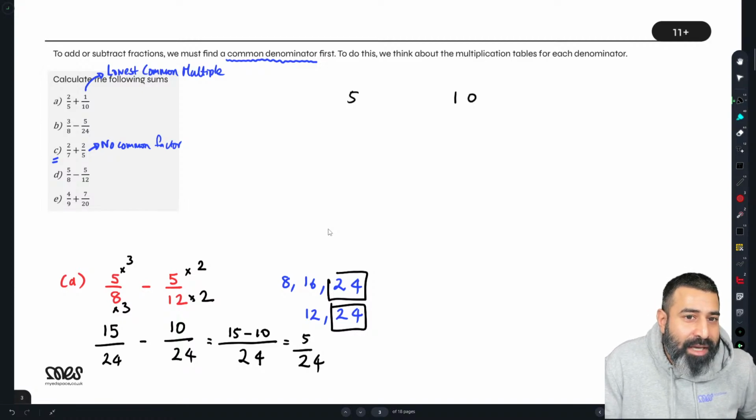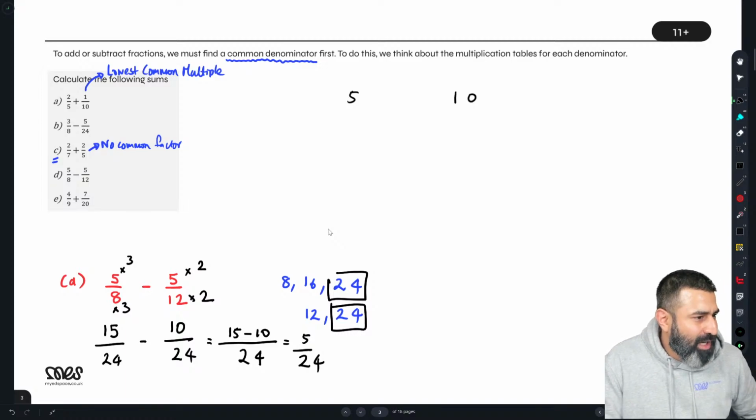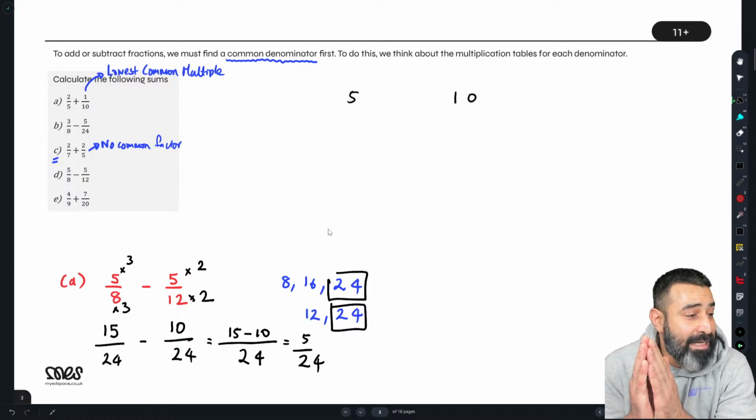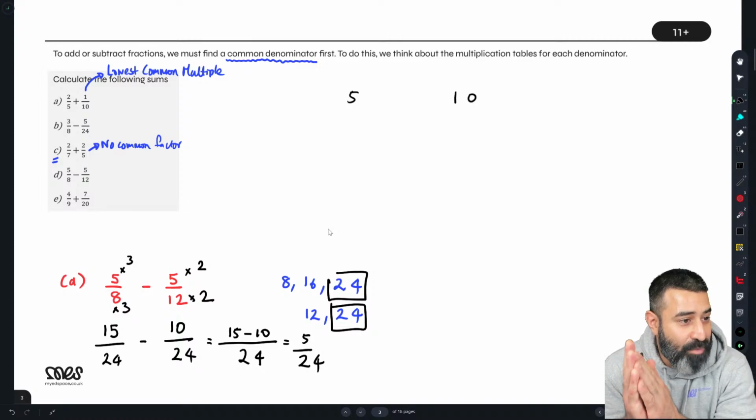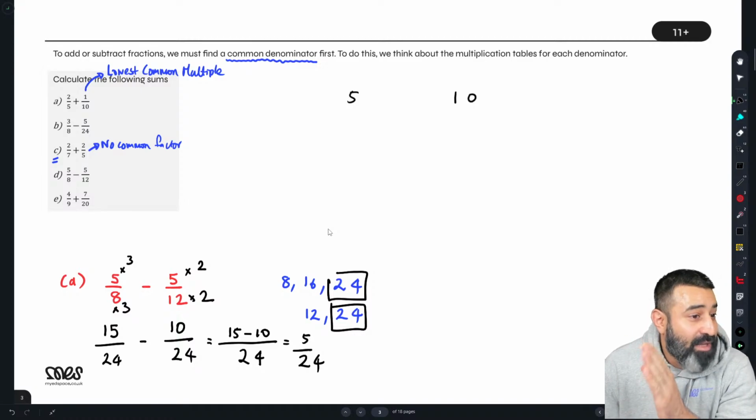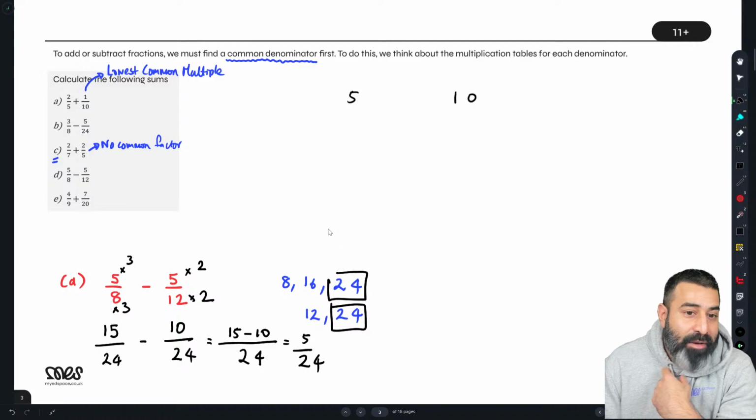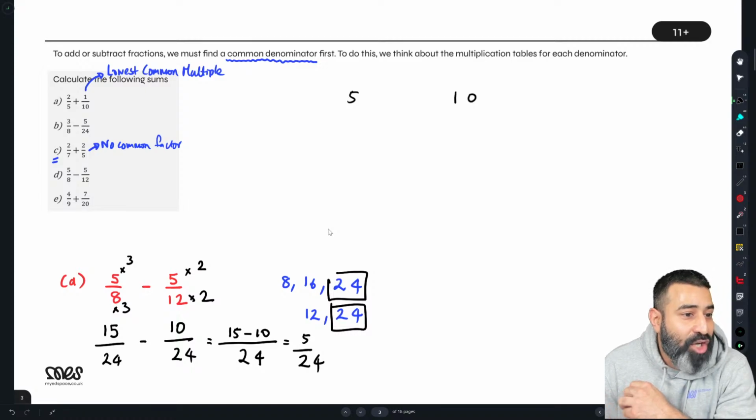Right, so in here, there is a lowest common multiple, okay? And the lowest common multiple for this one is 10, okay? I don't understand, Edward, help me. Okay, Mahir, were you here for the beginning? Yes or no? Right, so a multiple is a number that fits into its times tables, okay? Now, if there is no common factor, we have to find a common denominator by looking at the multiplication tables of 7 and 5, okay?